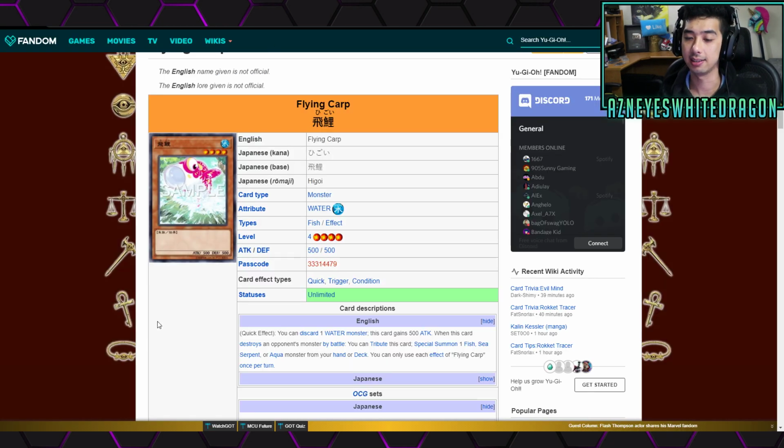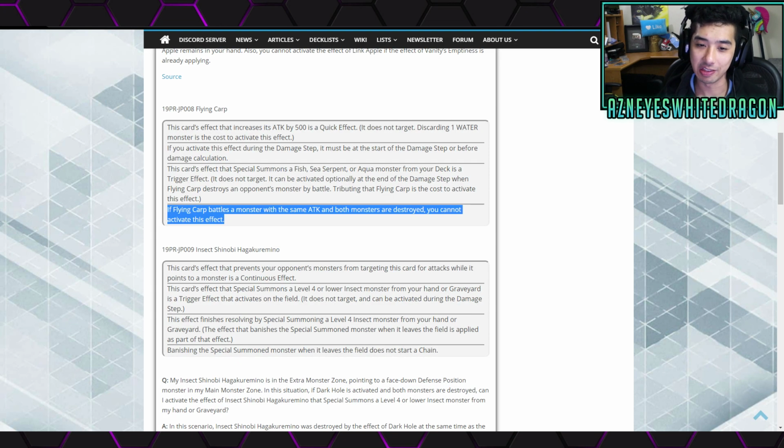the same attack as him, even if you increase the attack, you cannot apply the effect if this card is actually destroyed. I felt like that was self-explanatory because technically you have to tribute the card, which means it should not be on the field, but again, they had to just add that, and I figured I'd just mention it